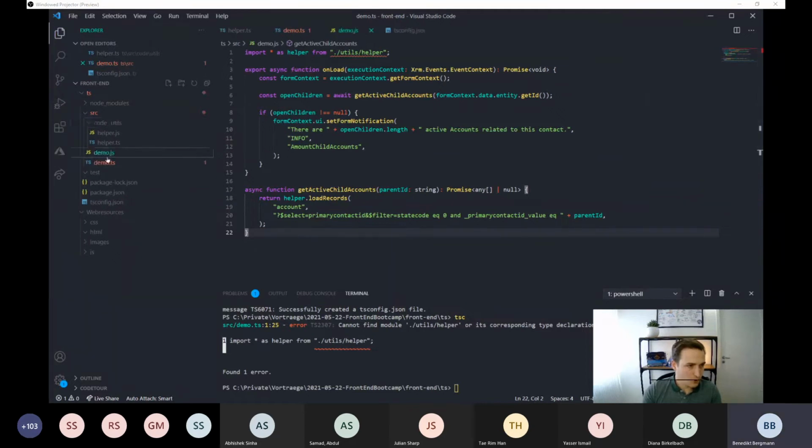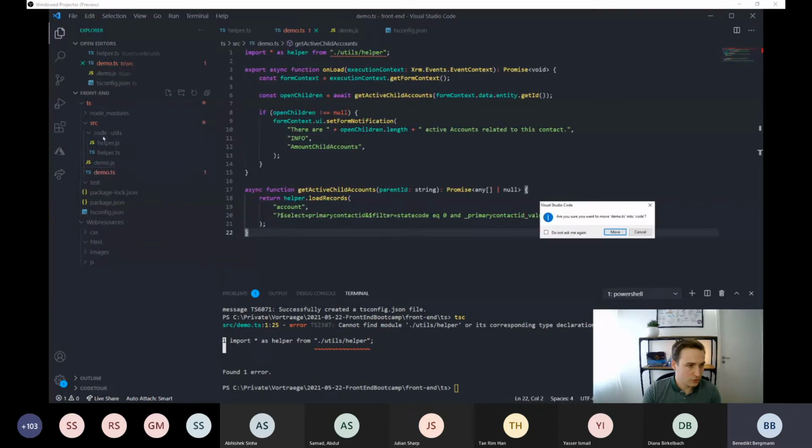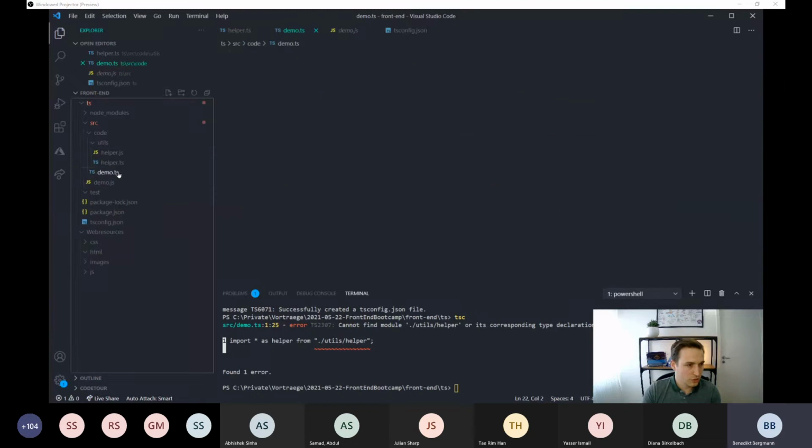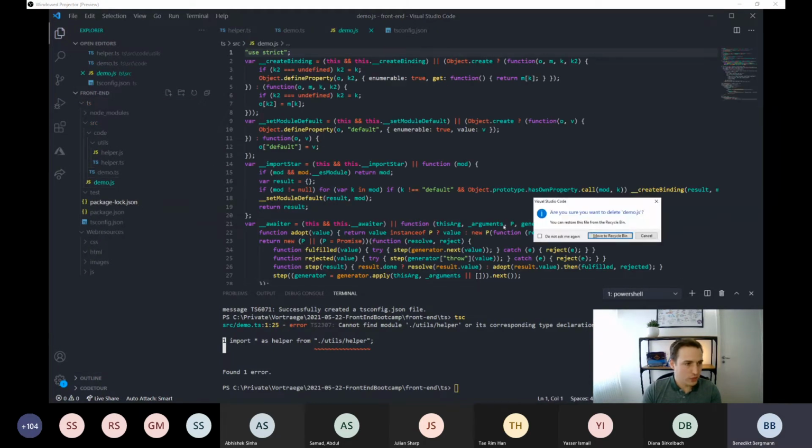Oh yeah, sure. I created the file in the wrong folder. Let me just move it to code. Yes, move. That's better. So as you can see, it has created JavaScript files in the same directory, but